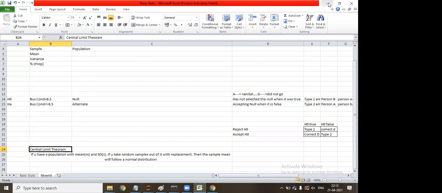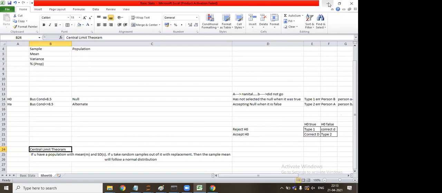So in case you come across the standard deviation of that normal distribution which we get from the mean of that sample, from which we get the standard normal distribution, the standard deviation of that will be the population standard deviation divided by the square root of the sample size. So that is the standard error. In this case, the sample size would be fixed. No, it's not. So I will say 30.